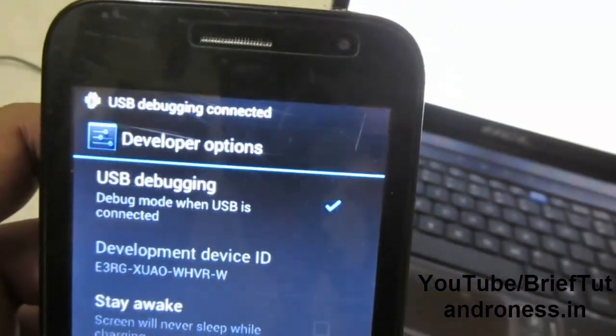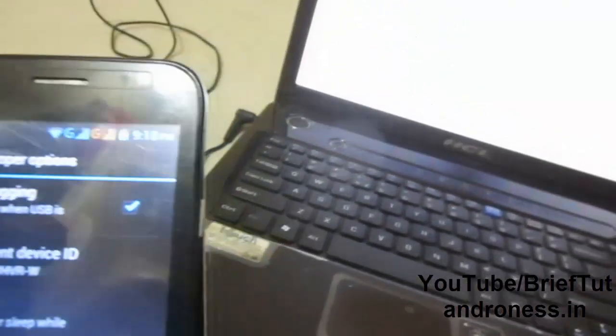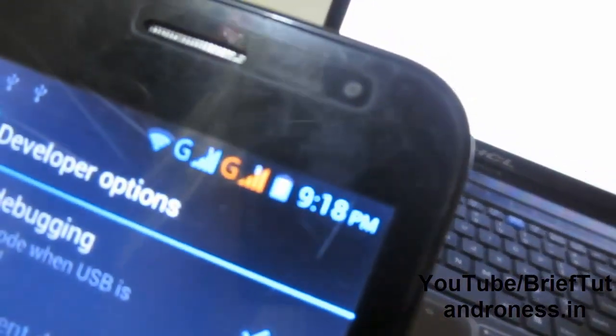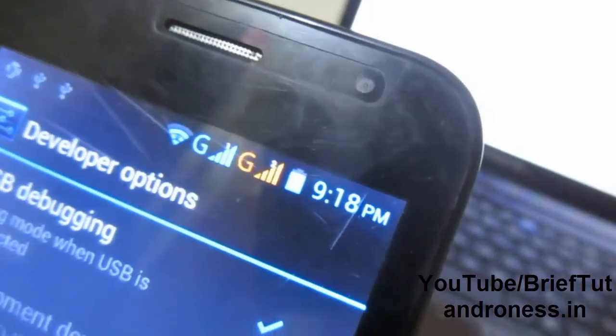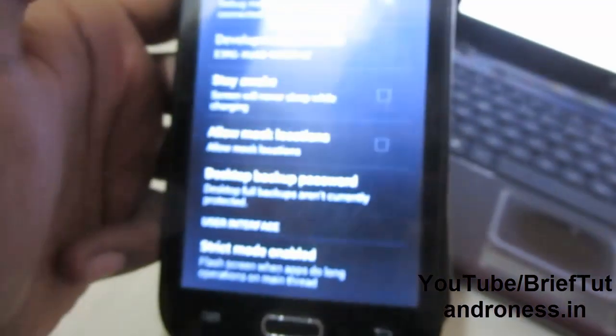Now you can see USB debugging is connected, and make sure you have enough battery, more than 60%, before moving to the process. Okay, now let's switch to the computer.